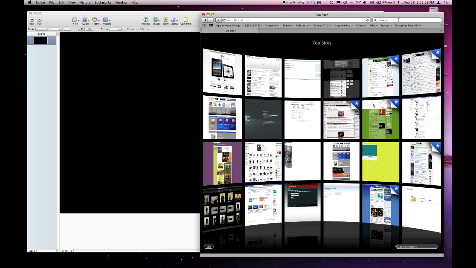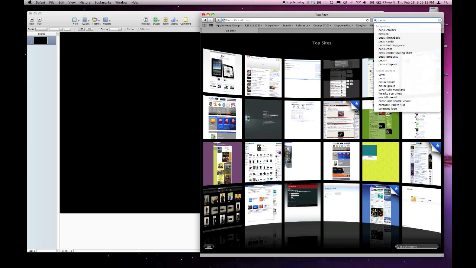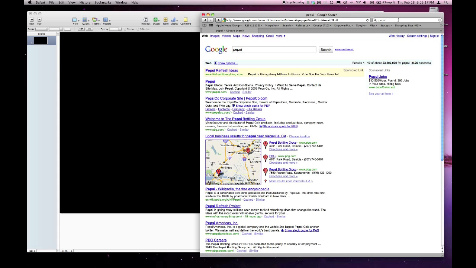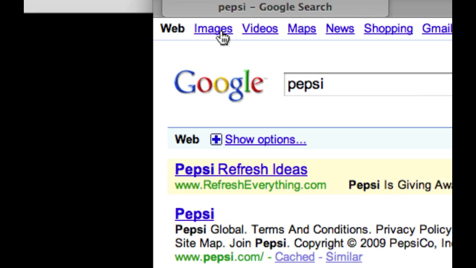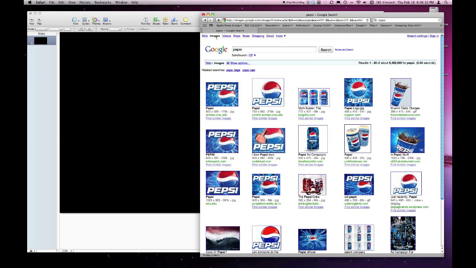And using the Google search box in the upper right-hand corner, I'm just going to type in Pepsi, because we'll do a demonstration with logos of Pepsi versus Coke. When I type in Pepsi, I get 23 million websites that have to do with Pepsi. But what I want are the images. So in the upper left-hand corner, I've got a link that says images. I can click that, and that'll take me to a series of thumbnail images